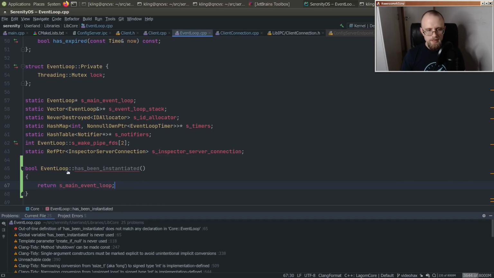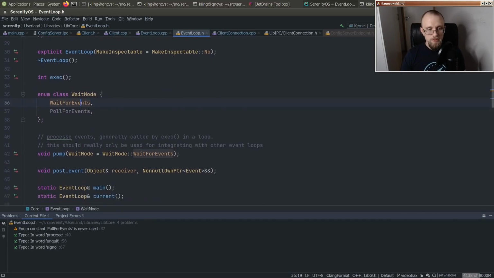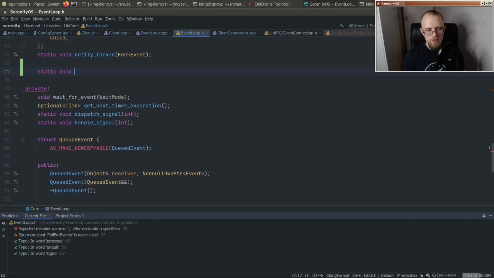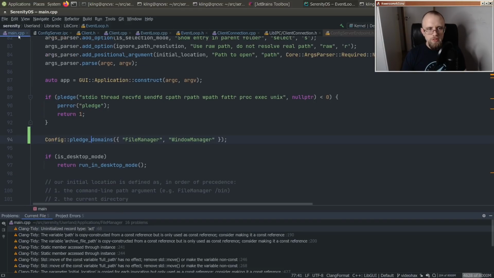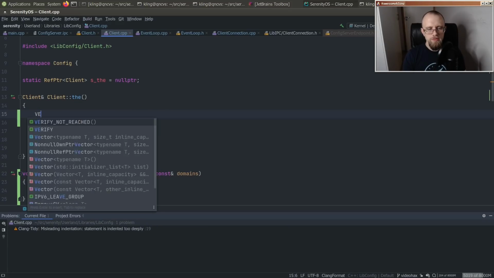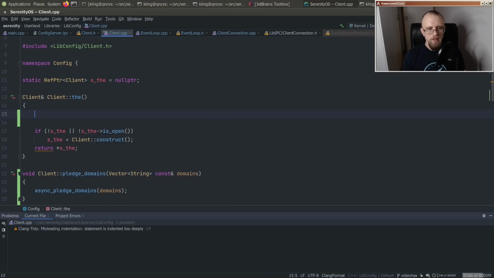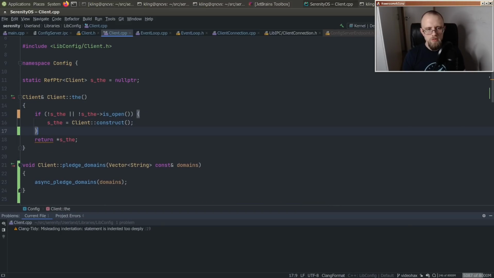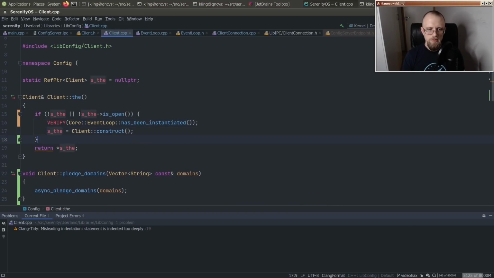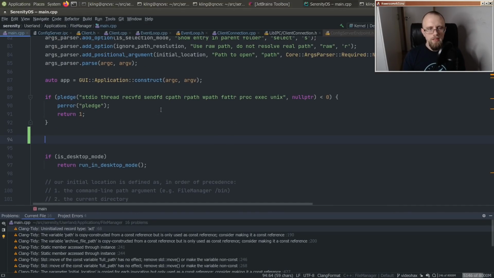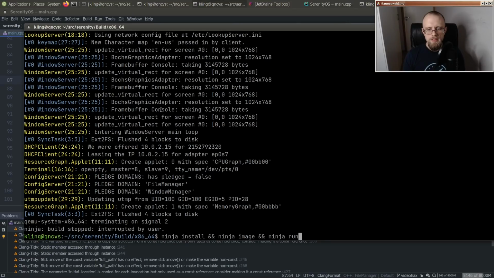Yeah, so that one exists, and then we can assert that, which will make it a bit easier to spot this problem in the future if you accidentally step into this trap. So verify that core event loop has been instantiated, and we will only do that when attempting to construct, so that we don't have to check that every time. And then if we do that before the event loop exists,